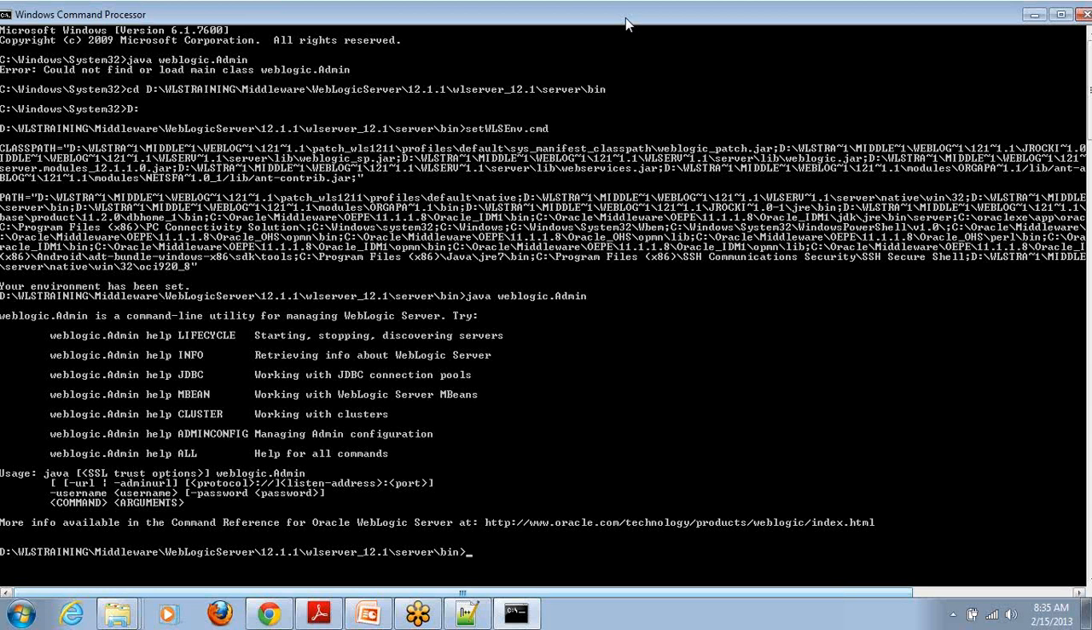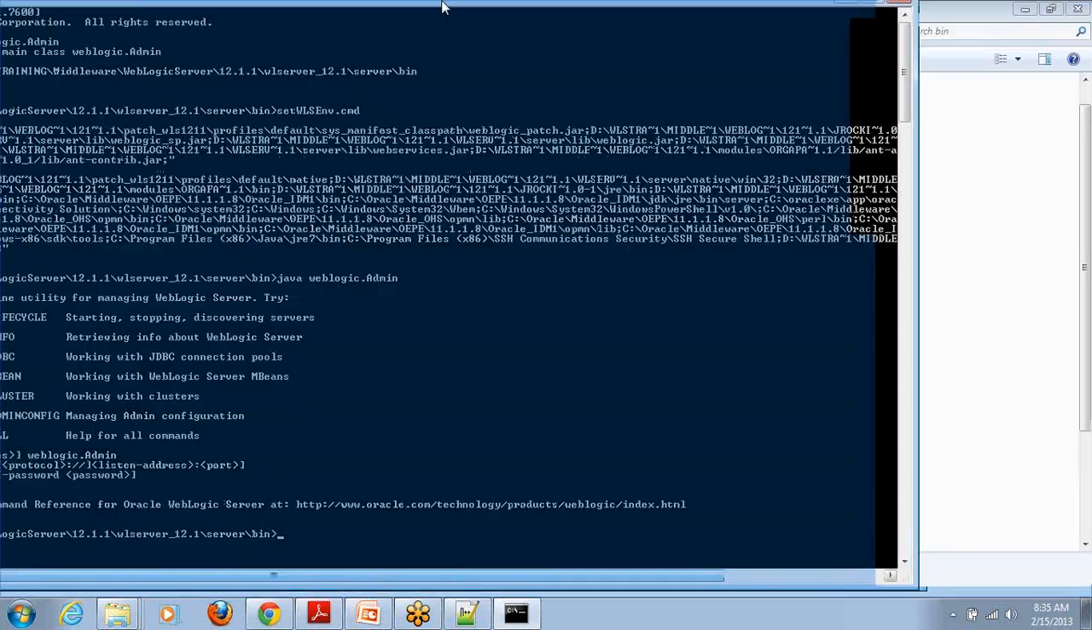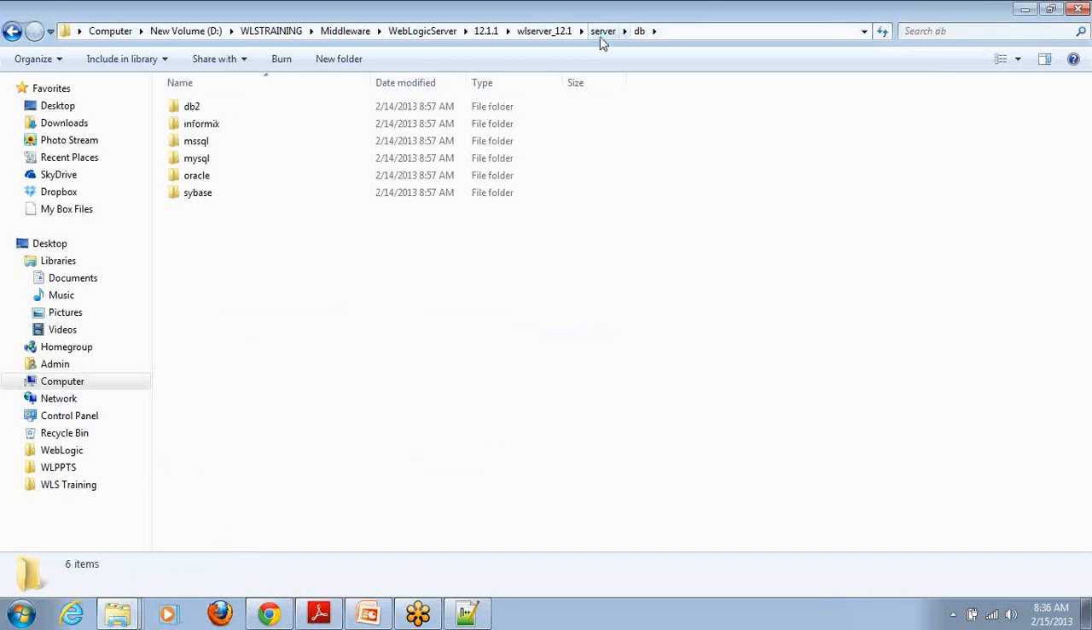DB is database stuff. These are the databases which are by default supported, in fact. There are others also supported, but however only these database supports are provided for now. They have provided the library files for these kinds of databases: DB2, Informix, MS SQL, MySQL, Oracle, Sybase. Right. Now extension. If you would like to add any kind of extension over the WebLogic server,